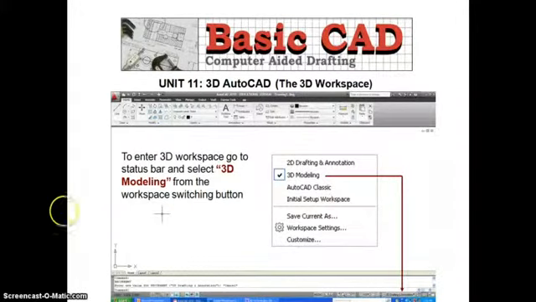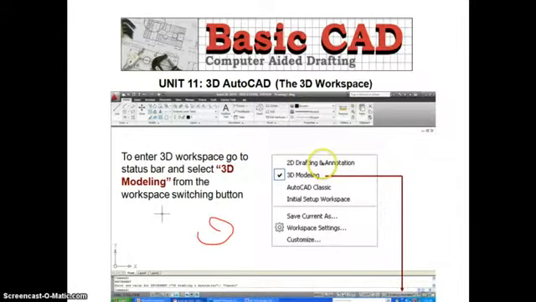Here we can see the main menu or main window of AutoCAD. What we see here is the model space where the actual model is generated. Here are different menus. When we click here, there will be a flyout menu.